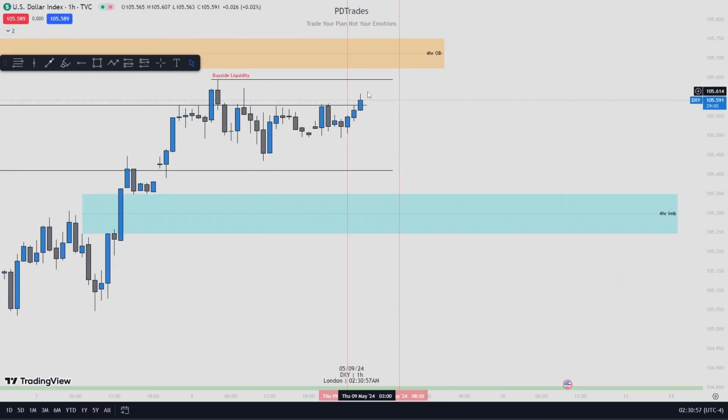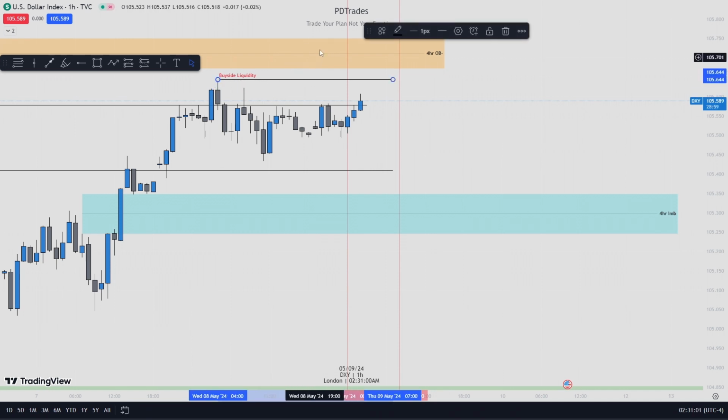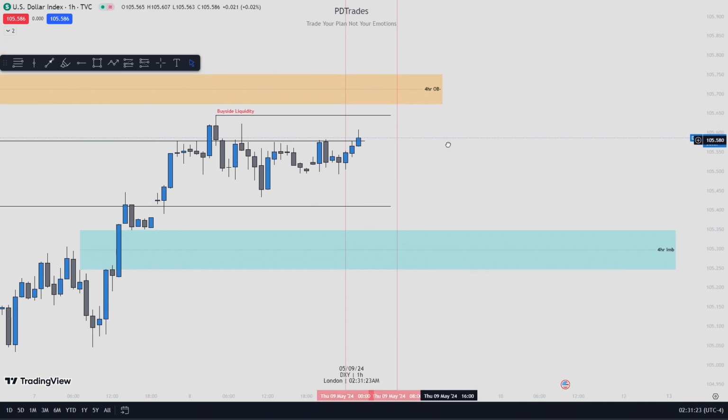So this is how we are standing. I'm waiting for this. There's buy side resting above here, and above that there's my point of interest. So I want to see what price does from here. Does it use the news to come here, or if they come here before the news, then I know they want to use the news to aim for sell side? I don't know if you understand me.